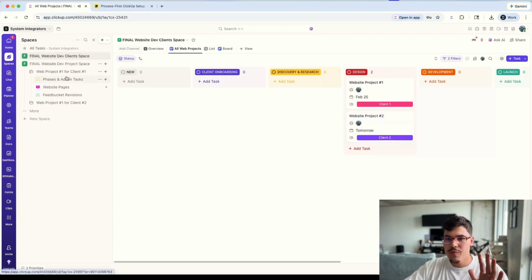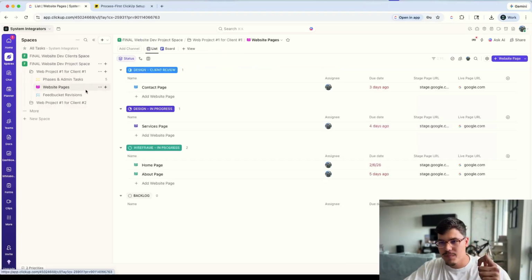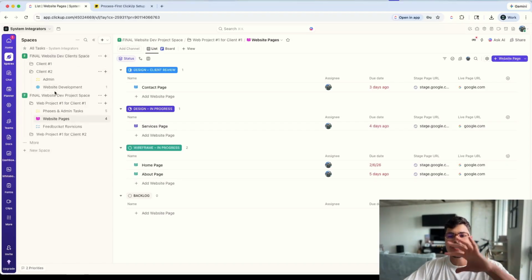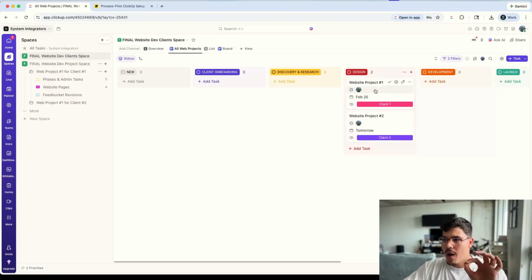And basically what super agent does in this specific example is that every day, or at least this is how I set it up, every day it looks through all the website folders or project folders that we have in our ClickUp. It looks through all the phases, through admin tasks, through the website pages, what is the status for them. There are also revisions from the clients that are coming in this list. And what it does is just a very simple thing. It basically summarizes all the updates that happened for that specific project, and it posts it inside the website project